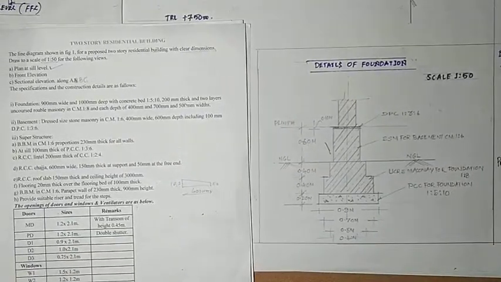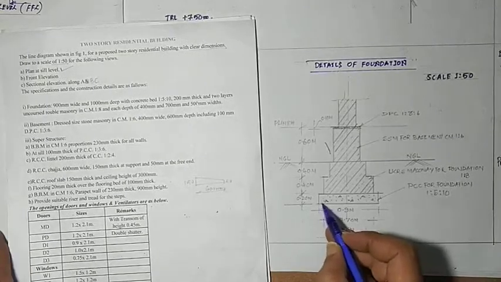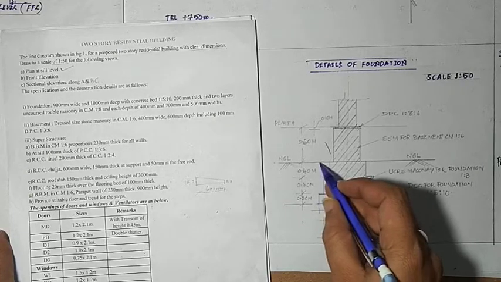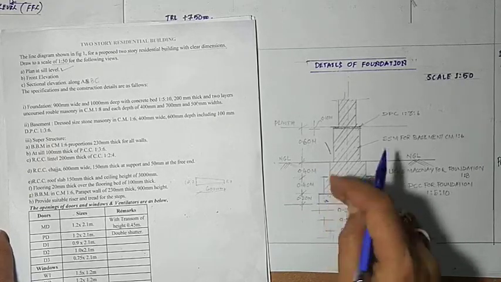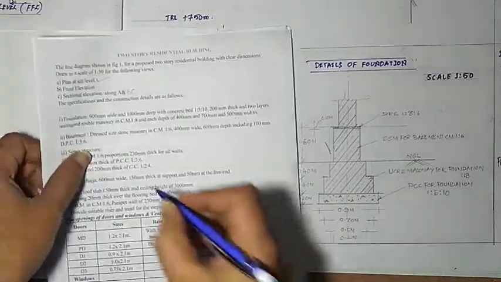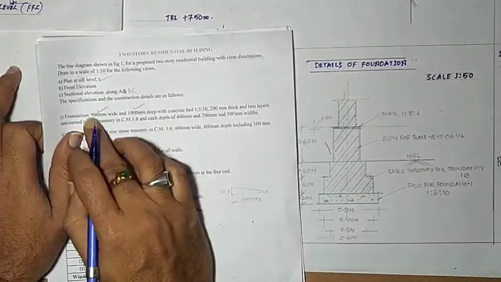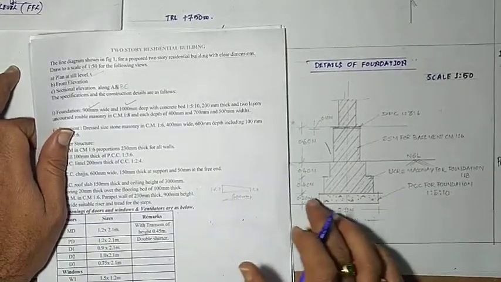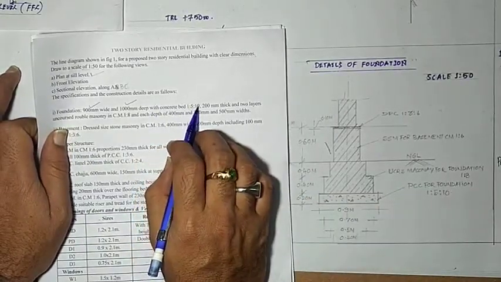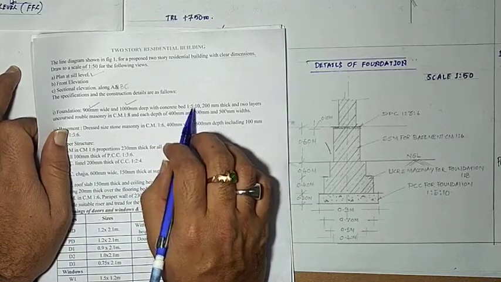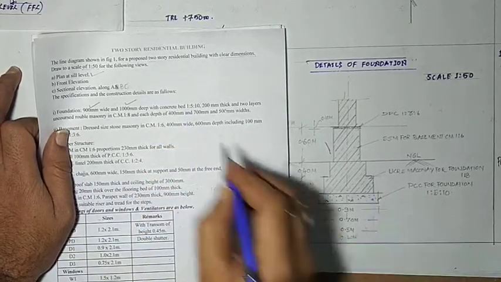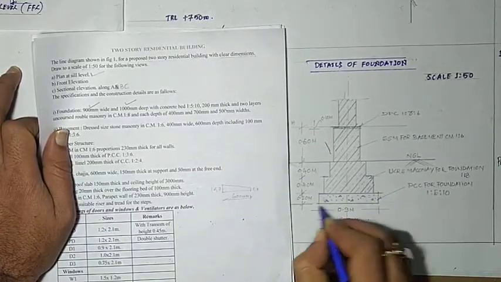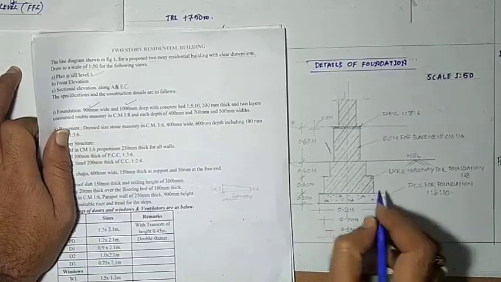Okay, this is visible now. So 0.9 meter width of the foundation, and total depth of foundation from this ground level is about 1 meter, that is given. So I have transferred this: 0.9 meter width and 1 meter deep, with concrete bed of 1:5:10. So cement, fine aggregate and coarse aggregate 1:5:10 of 200 mm thick. So I have to lay a PCC of 200 mm thick and the width is given as 0.9 meter, and